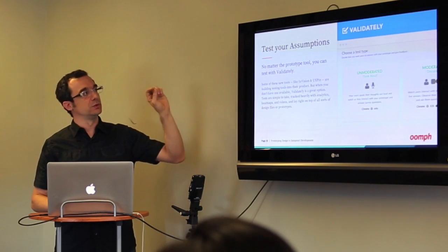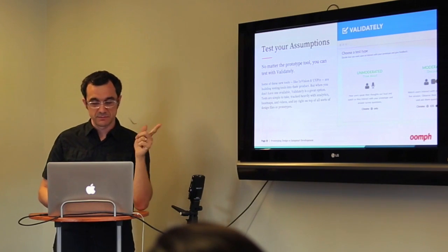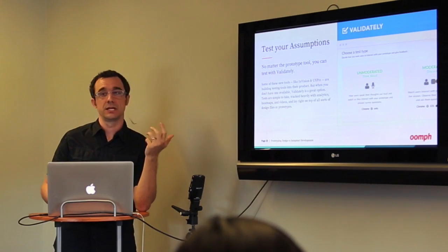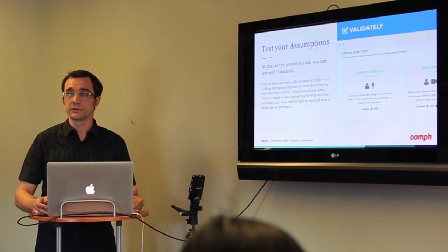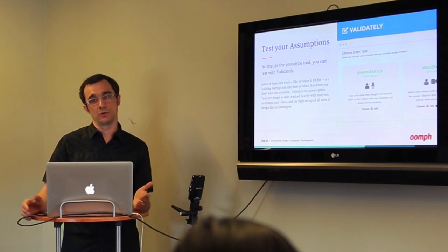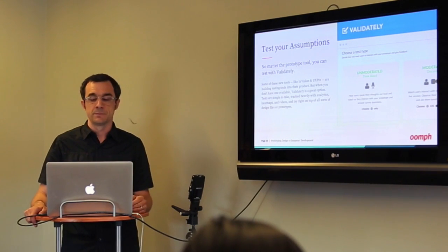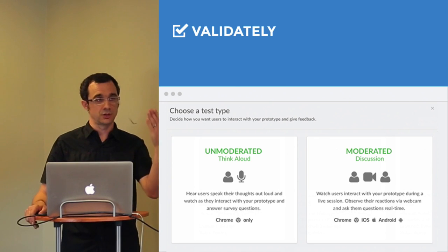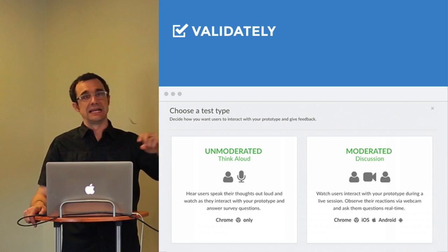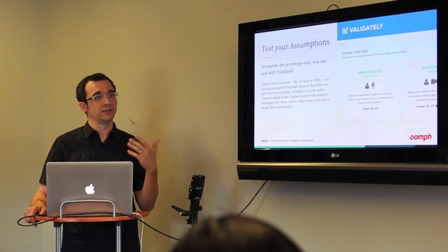After I looked into those tools, first, I'd be remiss if I didn't mention testing in some way. Again, there's a lot of great testing suites out there, but one of the ones we've had a lot of great luck with is called Validately. It's nice because it sits on top of all sorts of other files. It can sit on top of Envision, it can sit on top of a prototype, and what it helps you do, actually, you come up with a list of tasks you want someone to perform, and it just guides the user through doing that. It records them doing that, it does heat maps, it lets you know how long it